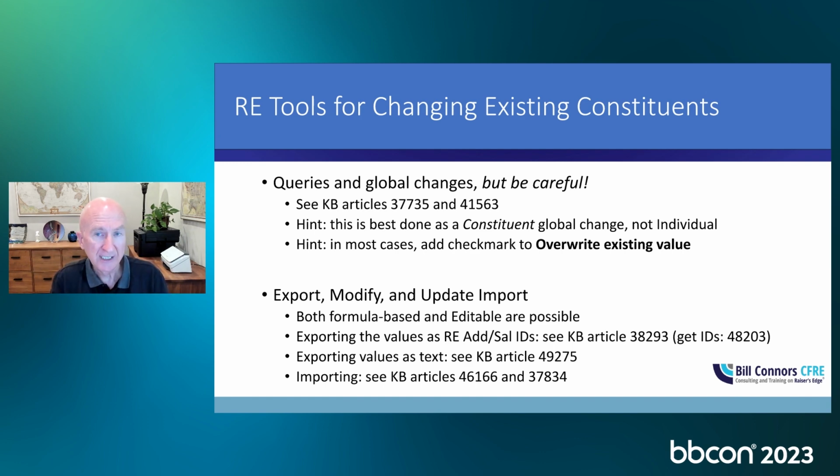The other approach is when global changes won't work and you need to be able to review the records and then come up record by record with what their addressee and salutation should be. Now, of course, you can sit there in Razor's Edge and make the change on the screen, but that's a lot of clicking back and forth. One other way to do it would be to export the name and addressee/salutation information from Razor's Edge to a spreadsheet, add a few extra columns, put into those columns the new IDs or the new formats that you want, perfect that, review that, make sure it's perfect, and then do an update import back into Razor's Edge